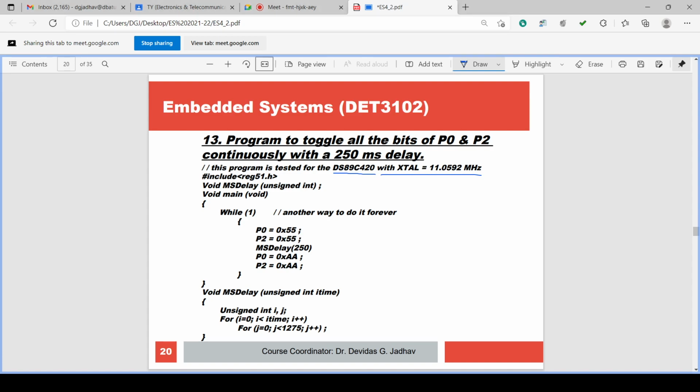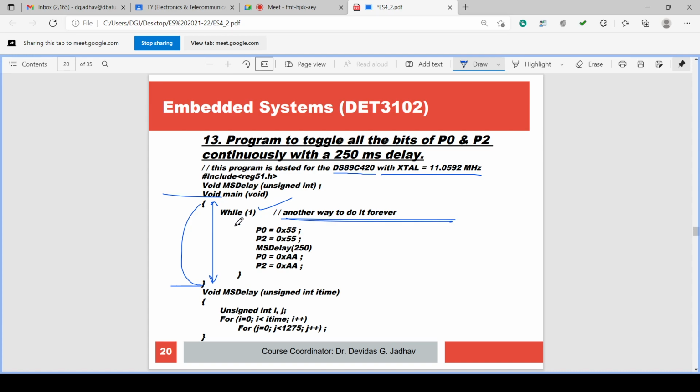Opening curly bracket and closing curly bracket will define the block of the void main void program. This much is the main program, in which while(1) is there, which is the forever loop, the infinite loop.